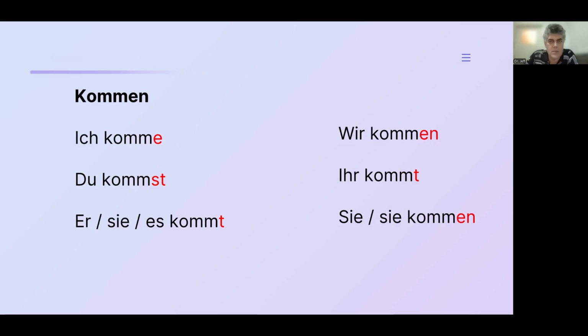Next verb that is also important for asking and answering questions is kommen. Kommen means to come. It is the infinitive form here, with the n at the end. Komm is the root, the same as what we have in English. To come, it's a to, infinitive. This is the sign of infinitivity.